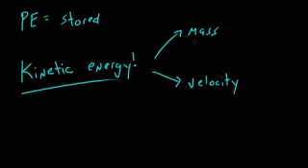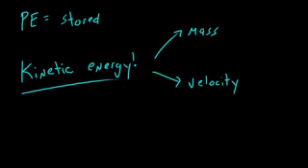If something had a mass of like a car that's very massive, and if a car was traveling down the highway very fast, that would cause it to have high kinetic energy. However, something with a very low mass, such as a feather, if it was fluttering to the ground very softly, a moving feather would have very low kinetic energy. So huge, massive things going fast have high kinetic energy.